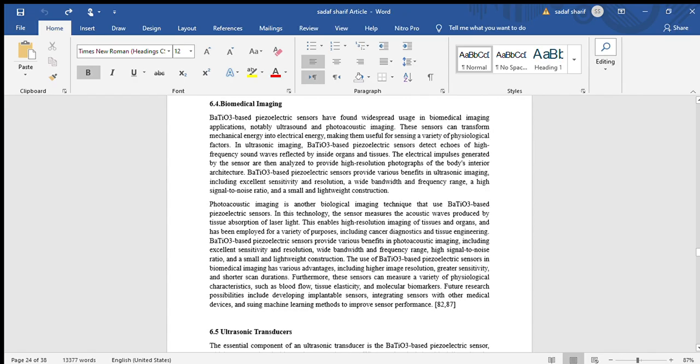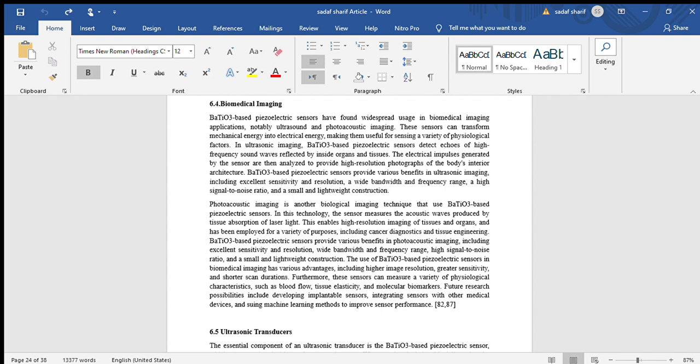Barium titanate based piezoelectric sensors have found widespread usage in biomedical imaging applications, notably ultrasound and photoacoustic imaging. These sensors can transform mechanical energy into electrical energy, making them useful for sensing a variety of physiological factors. In ultrasonic imaging, barium titanate based piezoelectric sensors detect echoes of high frequency sound waves reflected by inside organs and tissues. These electrical impulses generated by the sensor are then analyzed to provide high resolution photographs of the body's